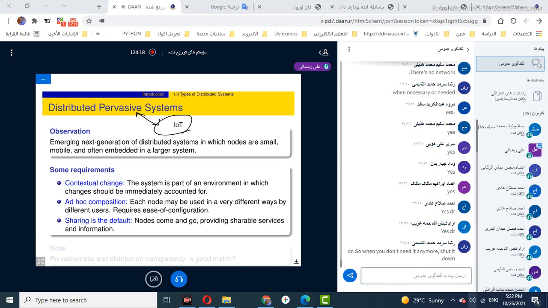The third item is sharing, and we say that sharing is the default. Because, for example, consider that example I told you before. You get on a train, and